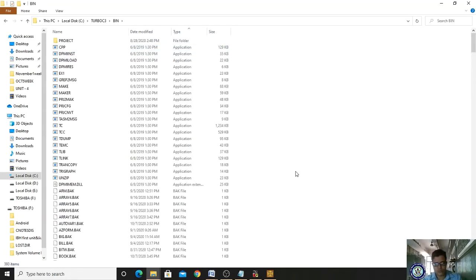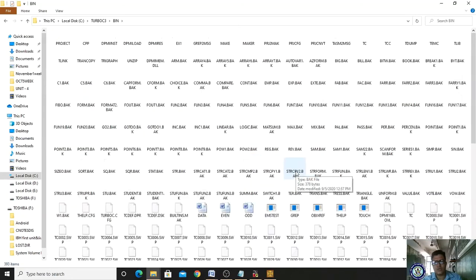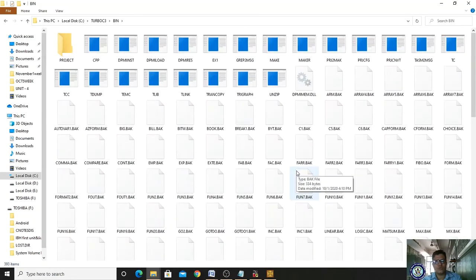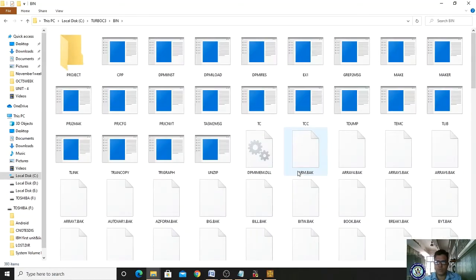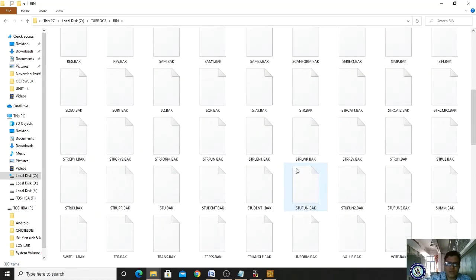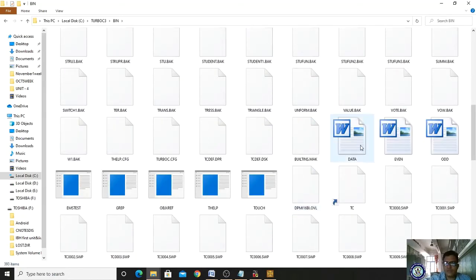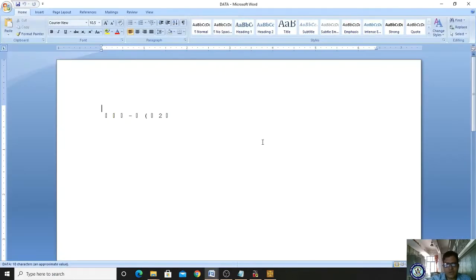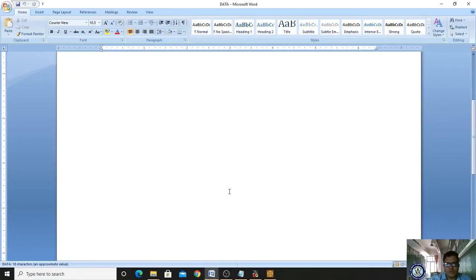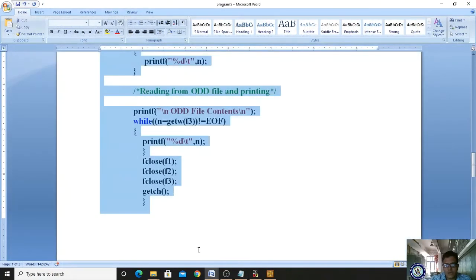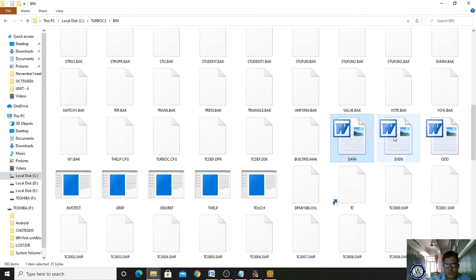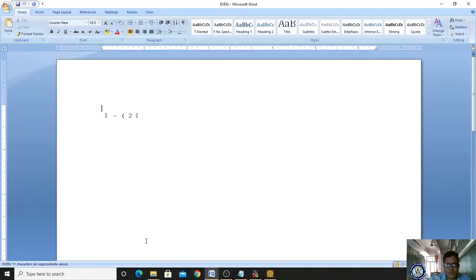So what is the concept of a file? To store the values or to store the data permanently, right? So the file will be created. Please observe here the 3 document files have been created, right? Got it? If I open this data file, it will store these values. And if I open this even file, these values will be stored.